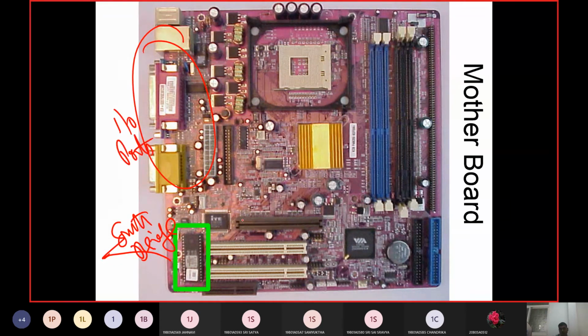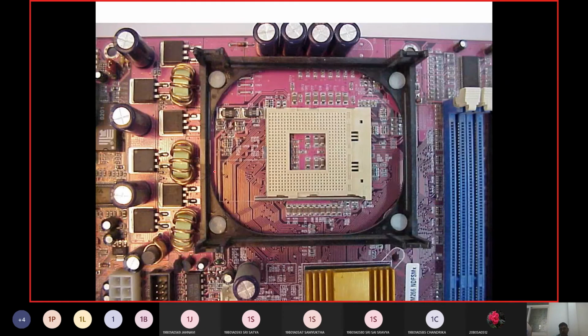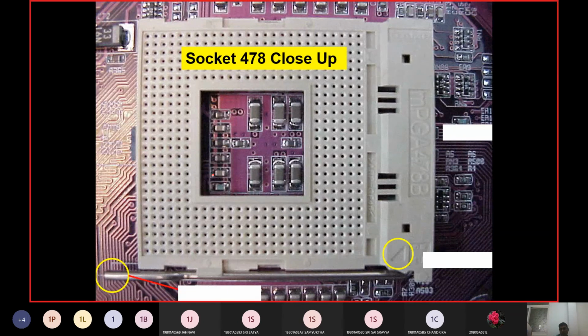So for that we are going to use this south bridge, etc. This is the power supply connection to the LAN card, etc. And then you can see the sockets for the CPU here, the positions where we can closely insert the CPU, and then the screws and the position where you are going to insert the chip.